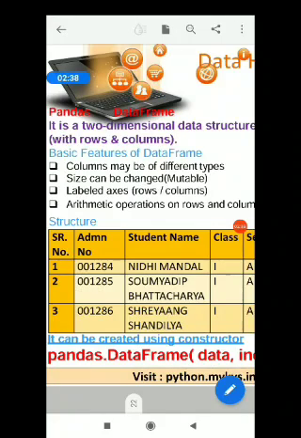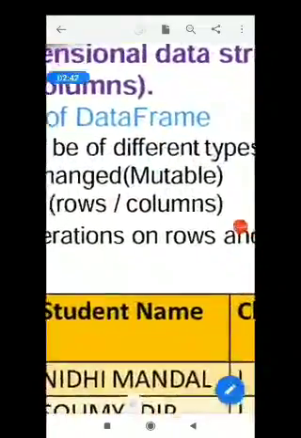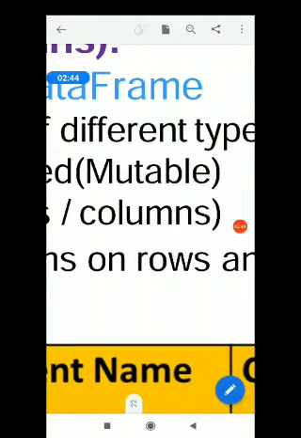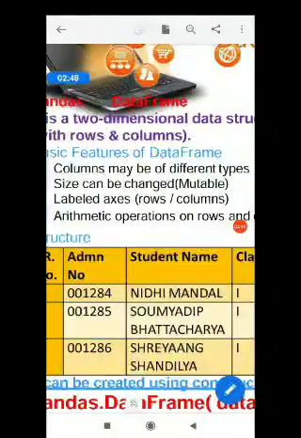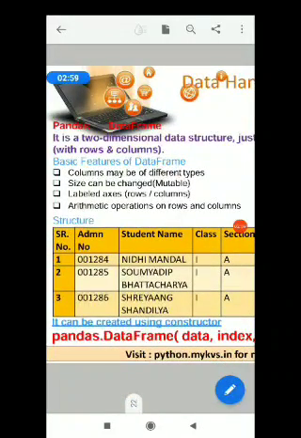So the size can be changed, so it is mutable. Data frame is a mutable data structure of pandas. There may be labeled axes, where axes means rows and columns. So you may name the rows, you may name the columns as well. You may do arithmetic operations on rows and columns.